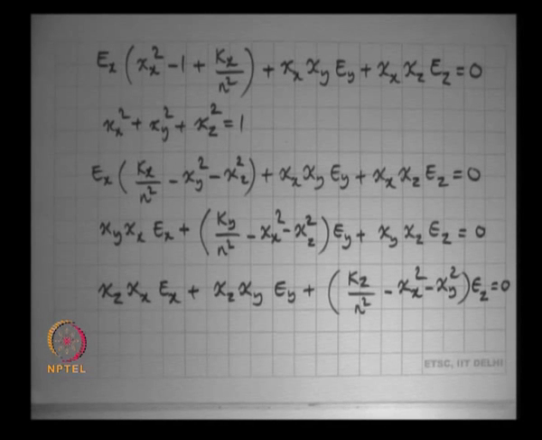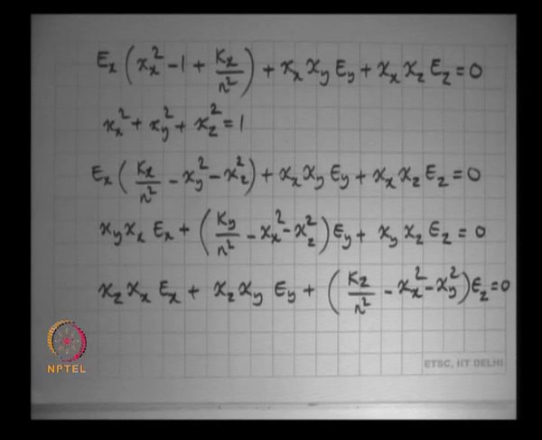Now, if you have a set of three linear equations in Ex, Ey, Ez, what is the condition for a non-trivial solution? Determinant of coefficients must be 0. So, if I write out the determinant of these coefficients, you will get an equation in n. First of all, you notice that it is all n squared, there is no n anywhere. So, you will have n squared terms, 1 by n squared terms, you will have 1 by n 4 terms, 1 by n 6 terms,